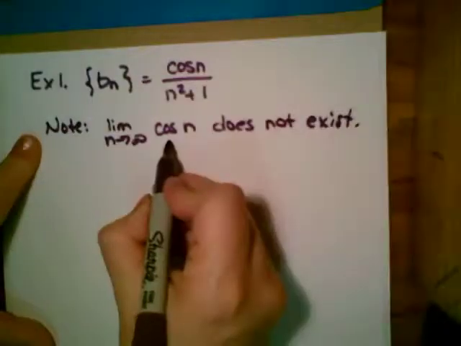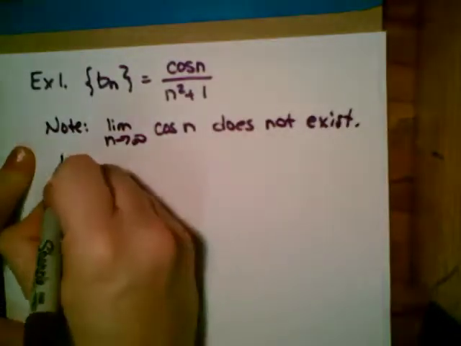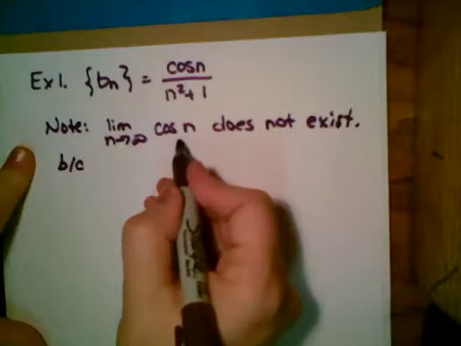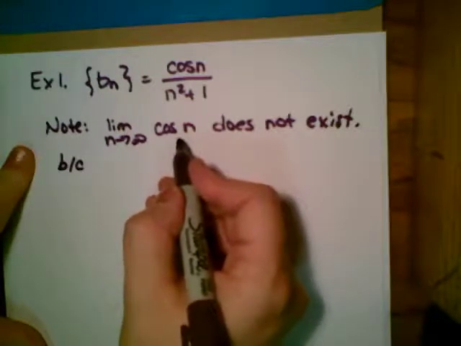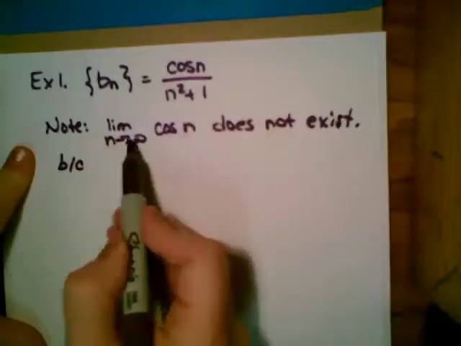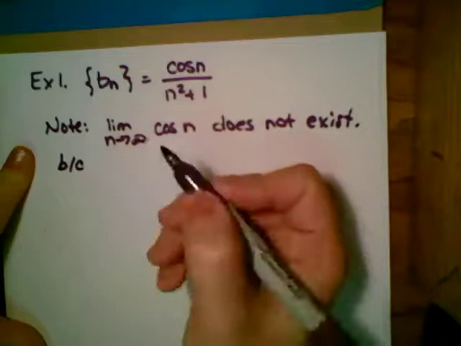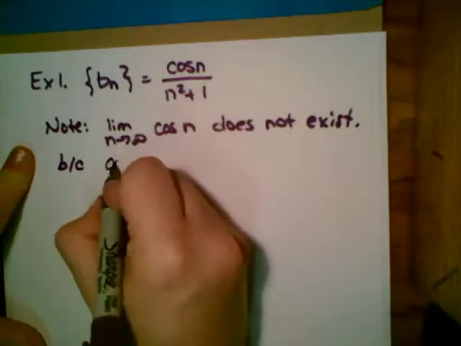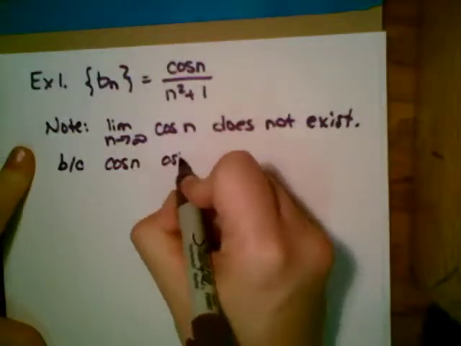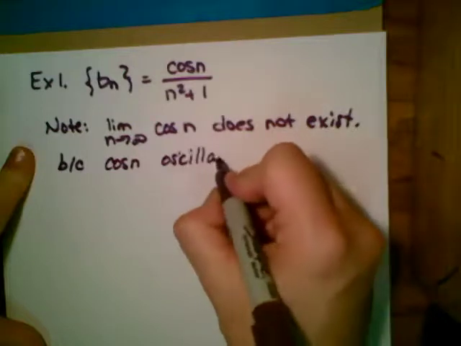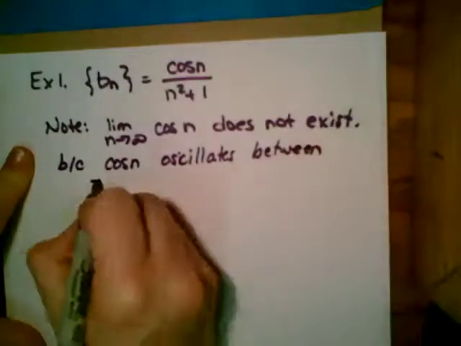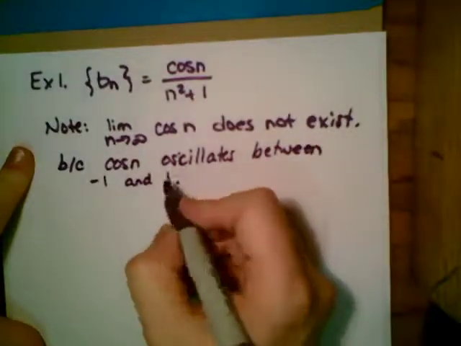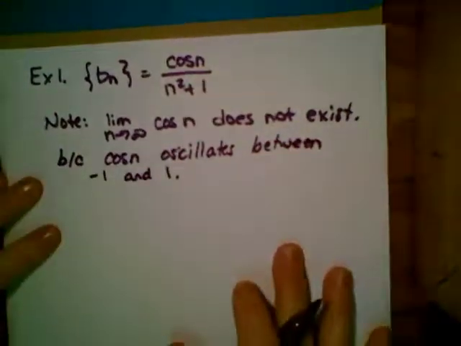The outputs of cosine oscillate, are some values between -1 and 1 and do not approach any one unique value. So we would say the limit of the numerator does not exist because cosine of n oscillates between -1 and 1 and doesn't approach a unique value. Okay. However,